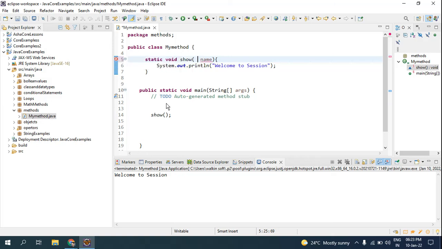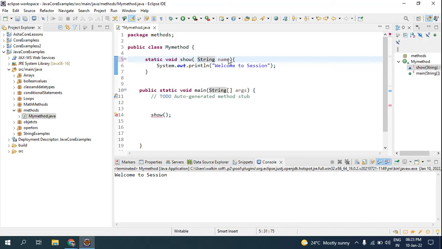You have asked me something to pass inside the parameter, but what it is, I want to know whether it is a number you want to pass, whether it is a string you have to pass, what it is. So the compiler has to know. So for that I'll be saying it as a string data type.